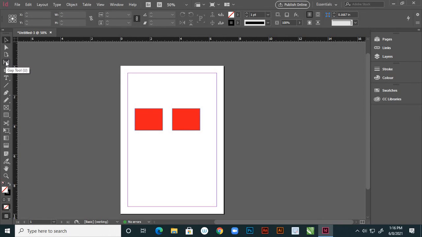Here I'm using the gap tool. With this, see, the gaps between shapes you can increase. I'm moving my mouse left side, and here moving right side and left side, right? So you can increase these gaps.